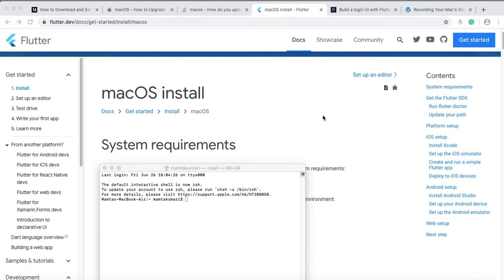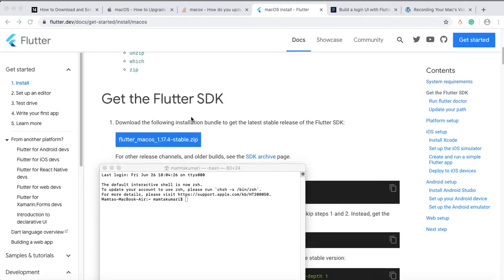Everyone. So in this session we will learn how to configure Flutter development on your system. Before starting the Flutter development, first you need to have the Flutter SDK on your system. So we will download the Flutter SDK from its official site. And one more thing,